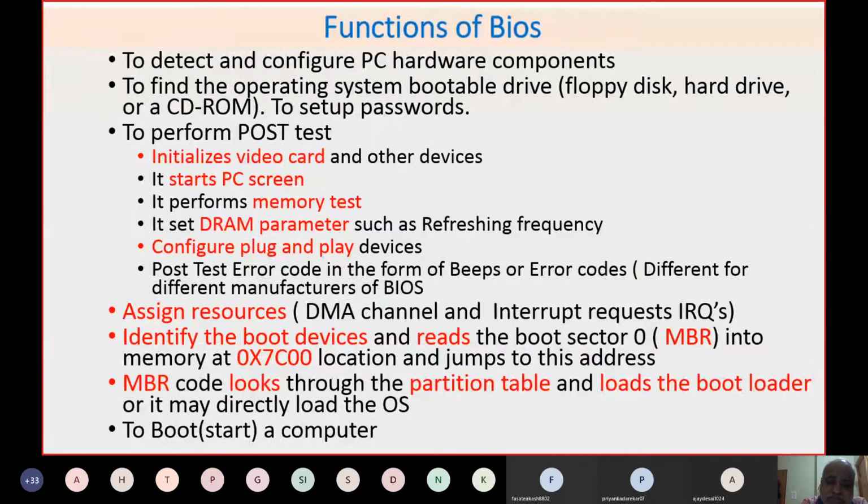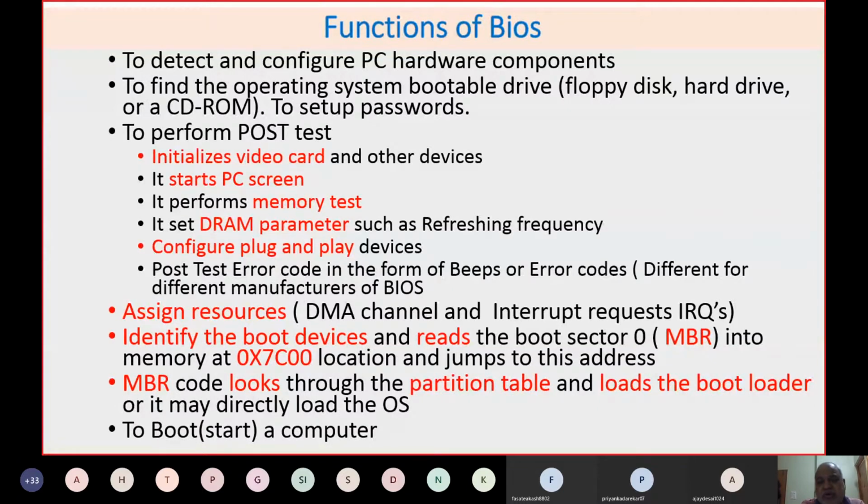At the same time, it also sets certain parameters of the memory, like DRAM, such as the frequency of refreshing that particular RAM. It also configures most of the plug and play devices during boot operations. It also gives POST error messages.